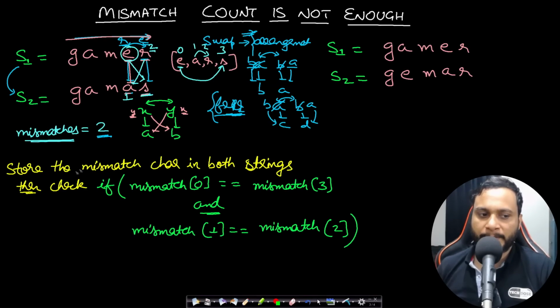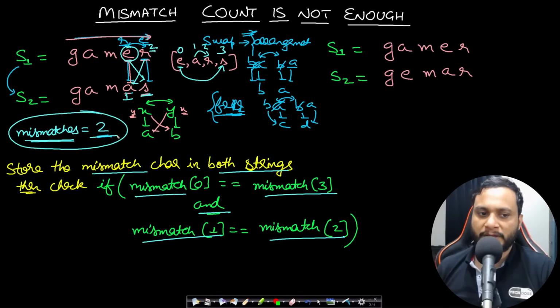equal to S2. So the condition should be, we will be storing the mismatch characters in both the strings, and we will be checking that mismatch at 0 must be equal to mismatch at 3, and also mismatch at 1 must be equal to mismatch at 2. And if this condition holds true, along with the count of mismatches being only 2, then we can convert S1